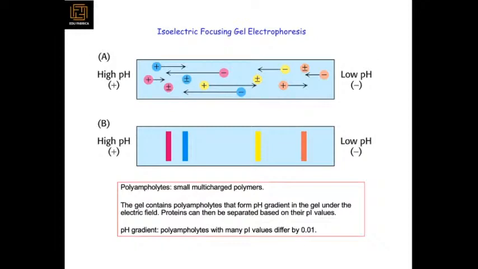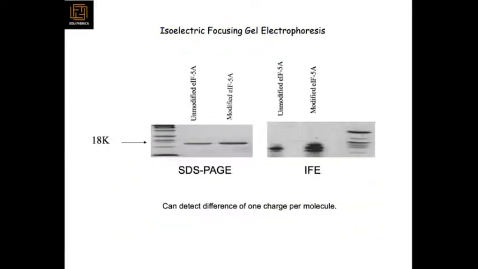Then comes isoelectric focusing gel electrophoresis. This is actually based on the pH of the sample, and based on that your samples will be separated. So you have high pH samples and lower pH samples. At one point they will reach the isoelectric point, where they are neutral. According to that pH they will settle there, and from there we can later resolve them with the help of 2D gel electrophoresis. So these are the results of the SDS-PAGE, and these are the results from the